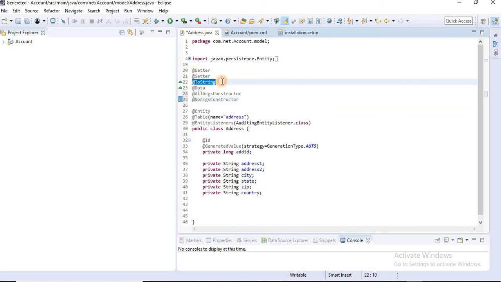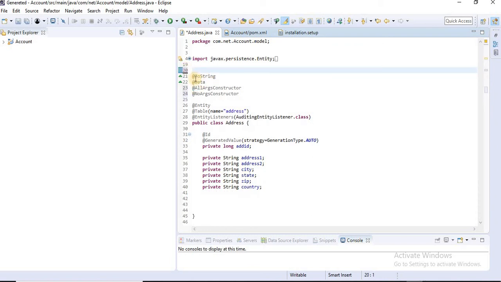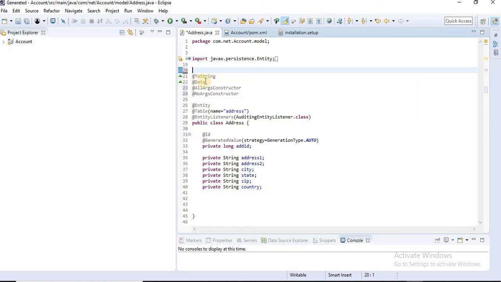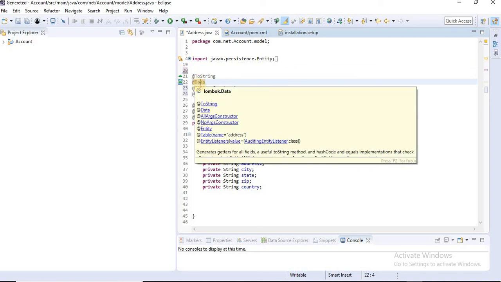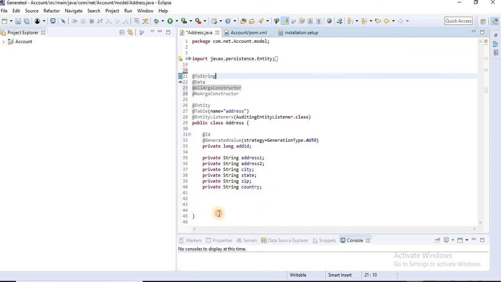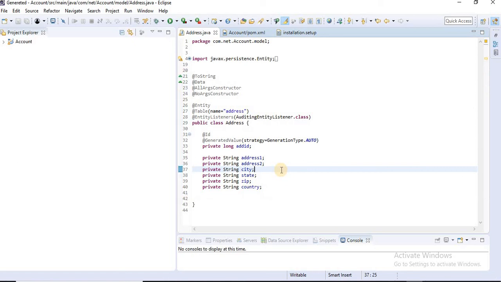We can use toString. If we use @Data, then we don't need separate @Getter and @Setter, because getter and setter are present inside @Data. This is pretty simple and an easy way to optimize the code. So we have seen how to add Lombok in our Eclipse.